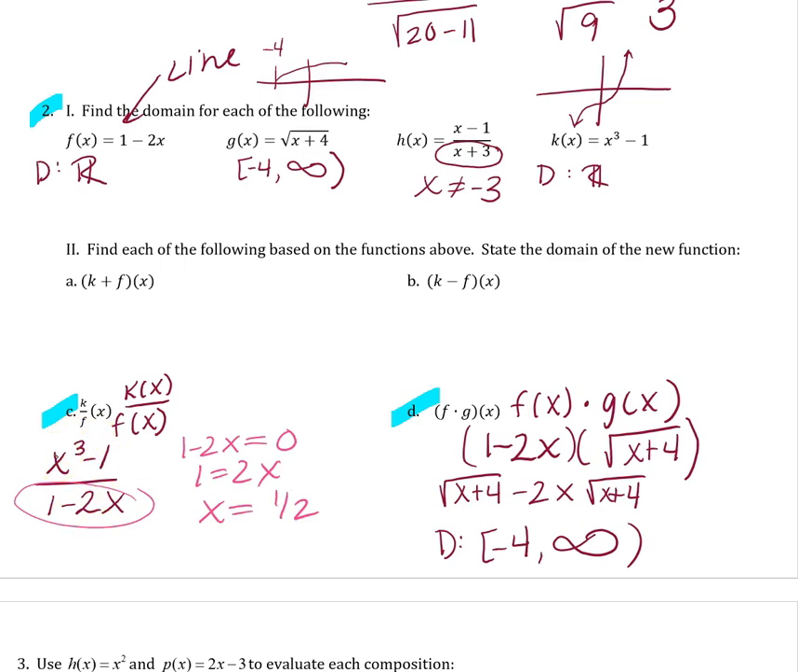go undefined. So I'm going to say that the domain is x cannot equal 1/2. Notice that the domain changed from what the original ones were. I don't have x does not equal 1/2 for any of these domains. So I had to recalculate what the domain would be of k of x divided by f of x. Okay, so when I move down then,